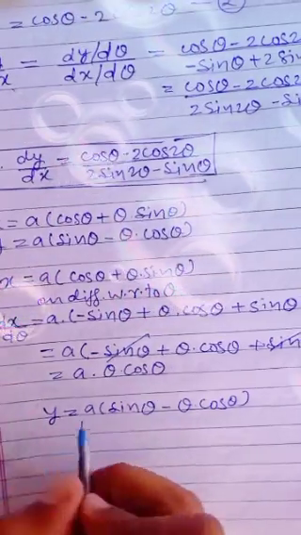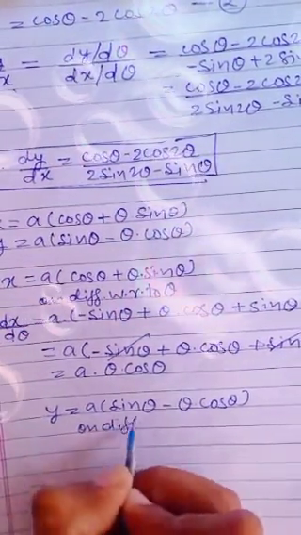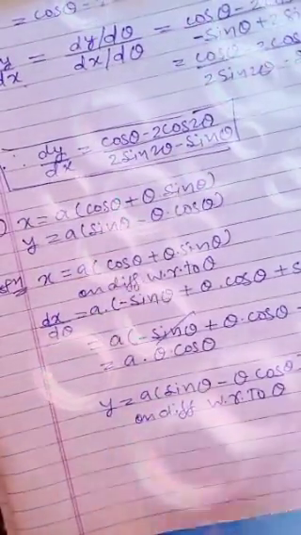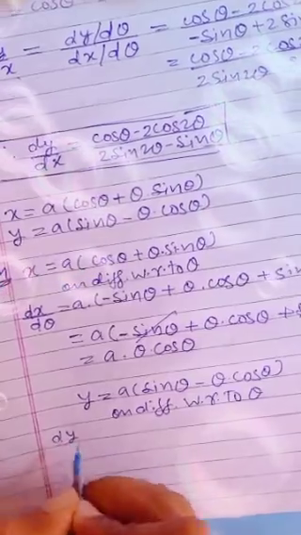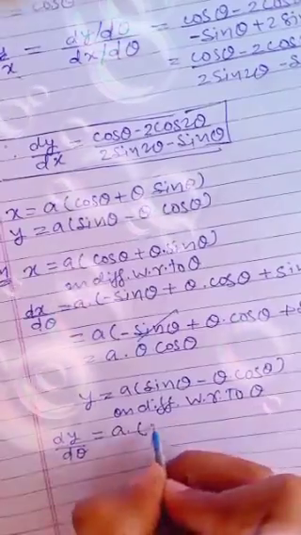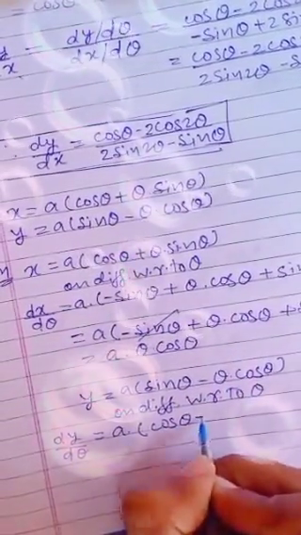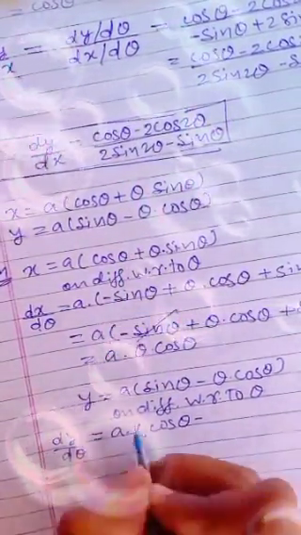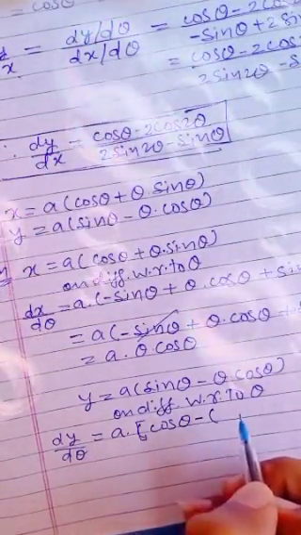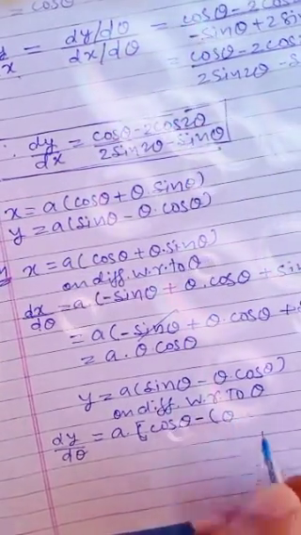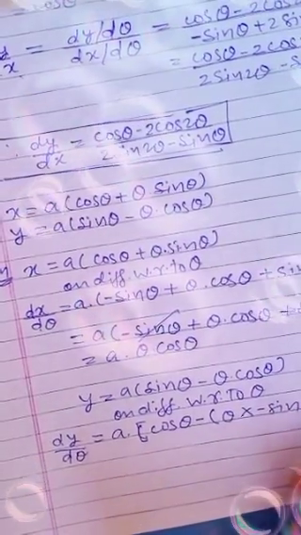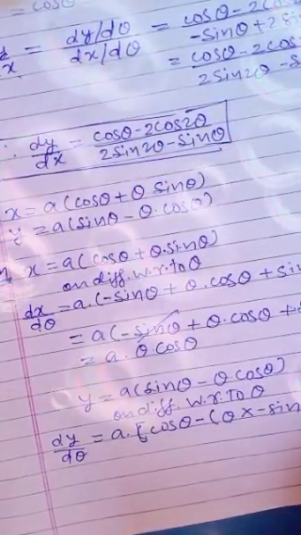So here, on differentiation with respect to theta, dy over d theta is equal to a, in the bracket the differentiation of sin theta is cos theta, no doubt. The negative remains as it is, but you take another bracket, because here you will find a negative, so some changes will be there inside. So theta remains as it is, the differentiation of cos theta is minus sin theta, plus cos theta remains as it is and the differentiation of theta is 1.